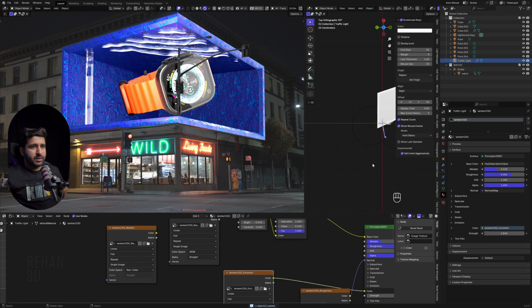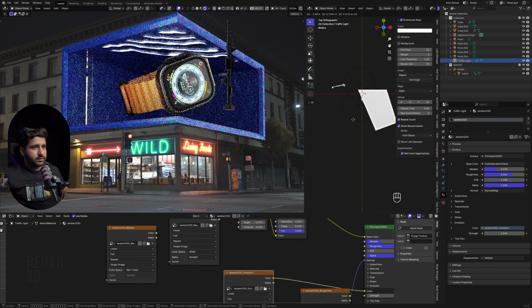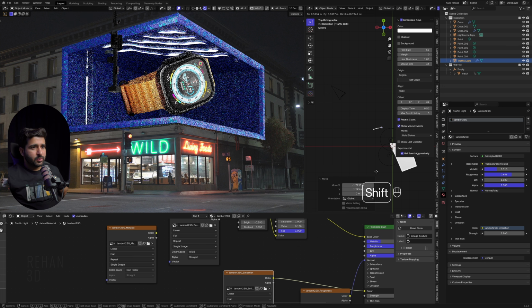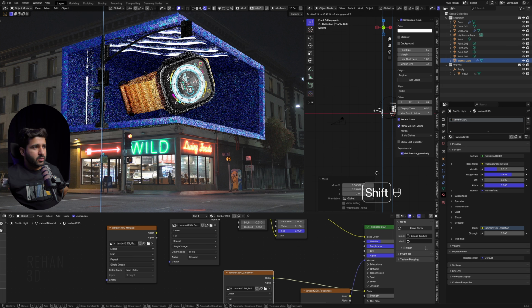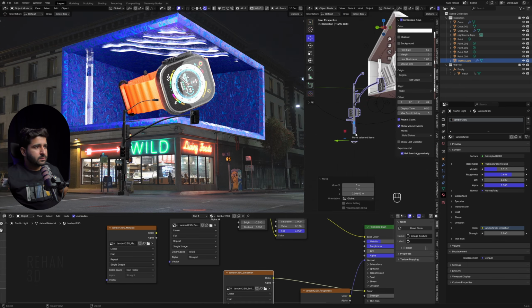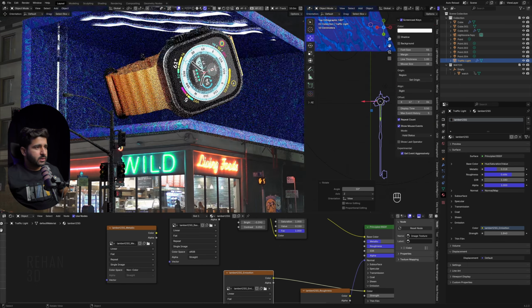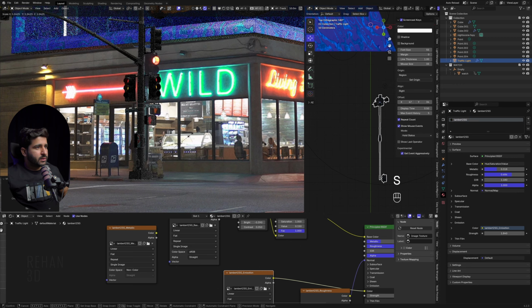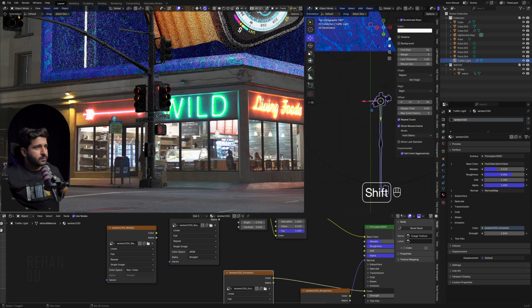Light model, paste it here, and if I move it here, here's our camera, so it should be there. If we move it down, just align it as much as you can with this, like this.